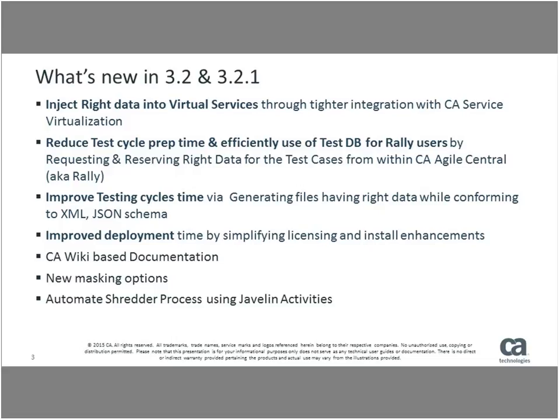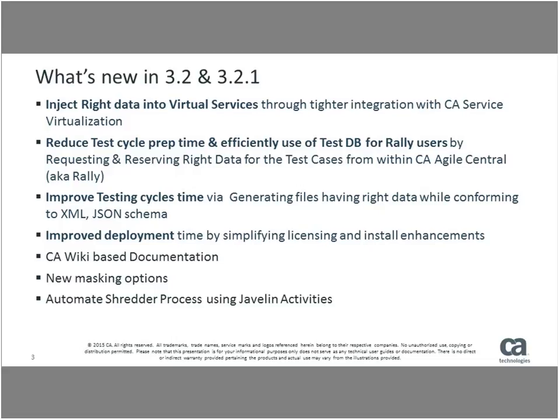We also added a few new masking options, which are also enhancements based on the customer needs we've seen. And then in 3.21, we also make it a little easier from the process perspective